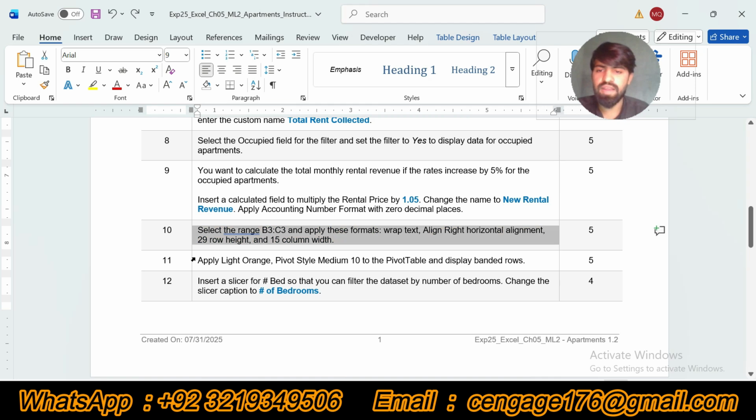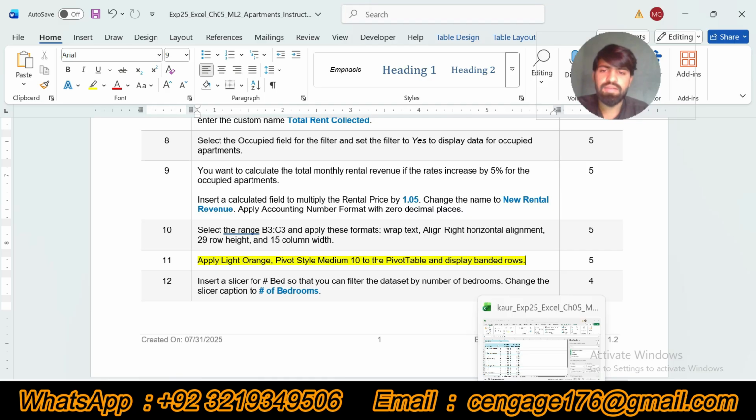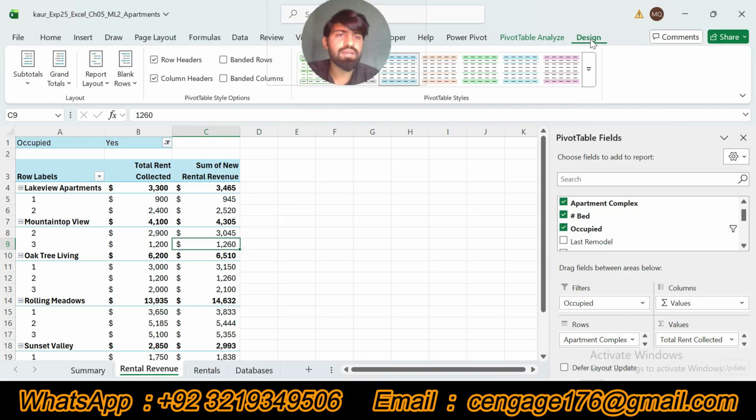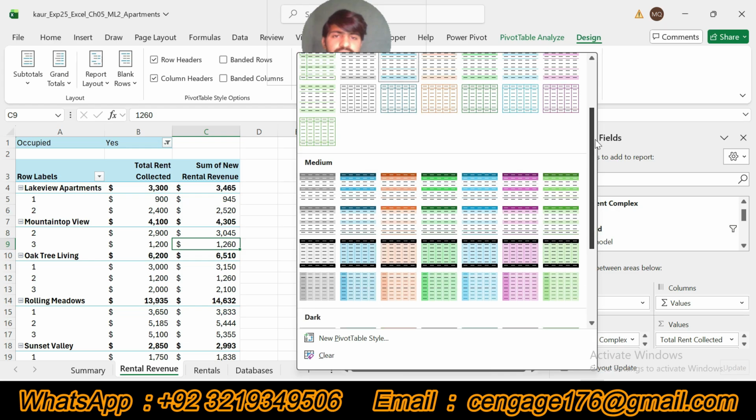So now we will move to our next step, that is the step number 11. Our step number 11 is apply light orange pivot style medium 10 to the pivot table and display banded rows. We are supposed to apply light orange pivot style medium 10 to the pivot table and display banded rows. Go to Excel workbook and then apply the light orange pivot style medium 10. Go to design tab and then go to pivot table style and then apply the light orange